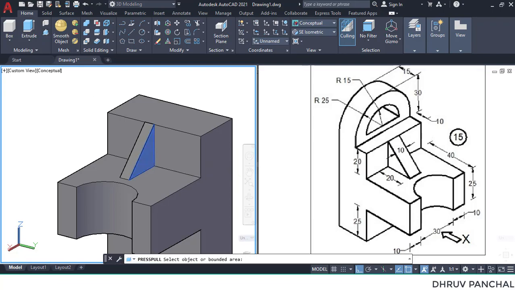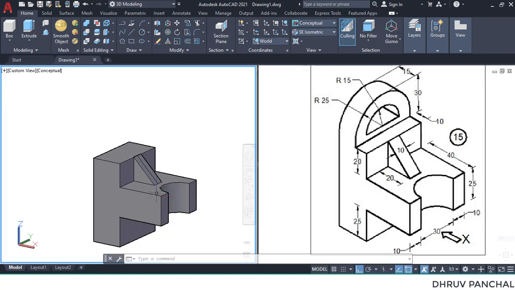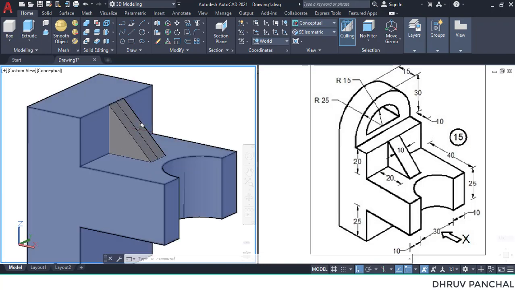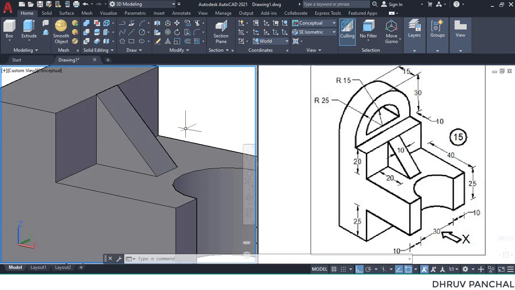Select this region and enter 5 value and press enter. Orbit command, rotate the object and select this drawing and press delete.